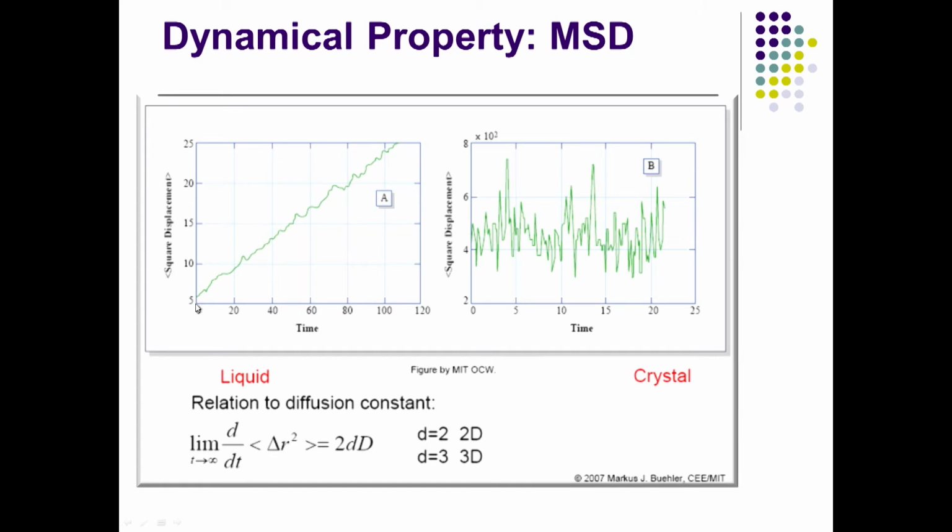So, let us go back to mean square displacement, which is nothing but the displacement of the particle in terms of time. Now, if you look at this from the original position, and the displacement, as you see on your slide now, is a continuously linear variation with time, that essentially shows that it is a liquid state. And if you look at the crystal state, then it is oscillating around a central value, and that's how you can find out what is the time differential between the two properties.